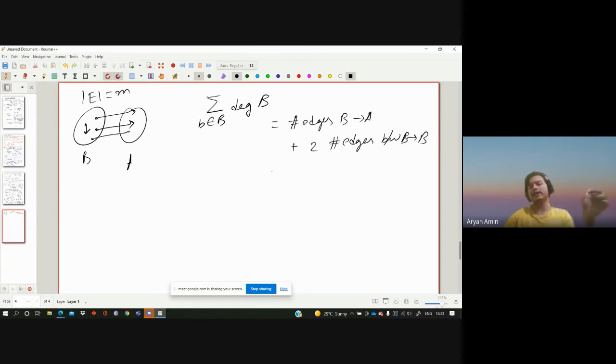However, in any case, this is at least the total number of edges, because this term is non-negative. So suppose M was the total number of edges. This is at least